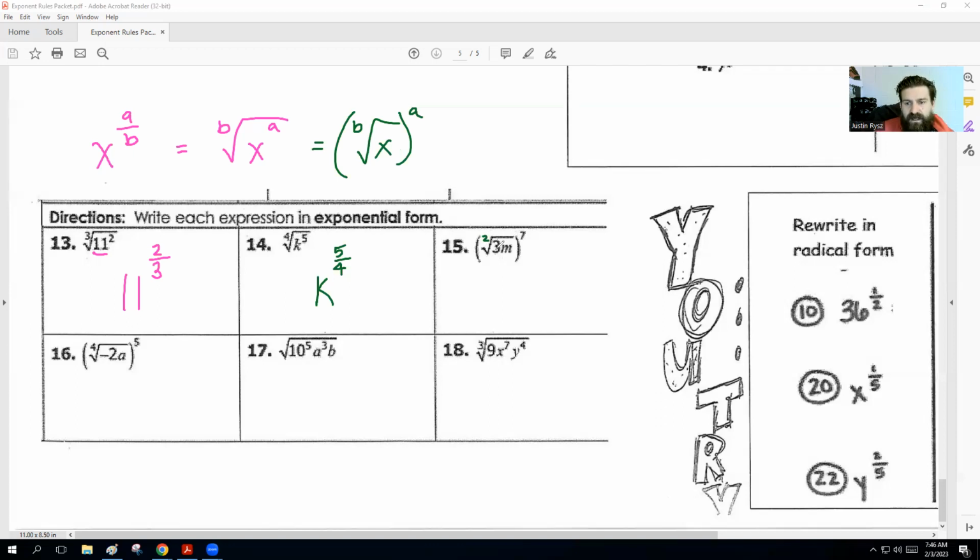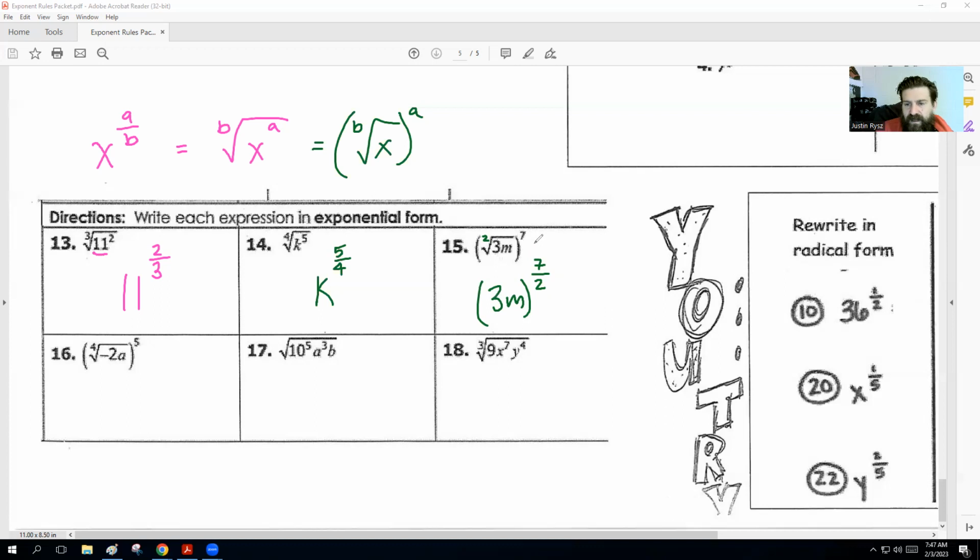So let's see here. We have 3m is our base. If we have a complicated base, we probably should put that in parentheses. We have 7 and 2 is the index. So the biggest thing is the denominator is going to be the index. Now, the reason why this one works, and it's written a little differently than that one, whether that power is